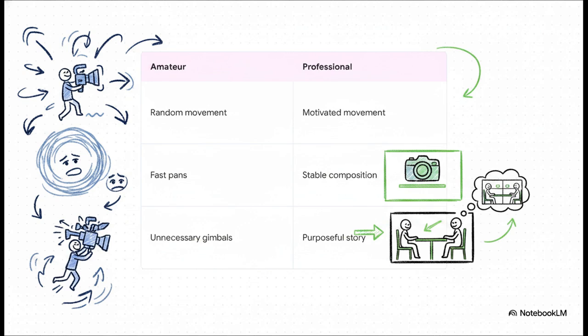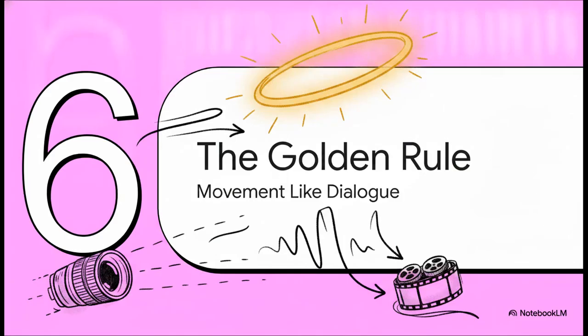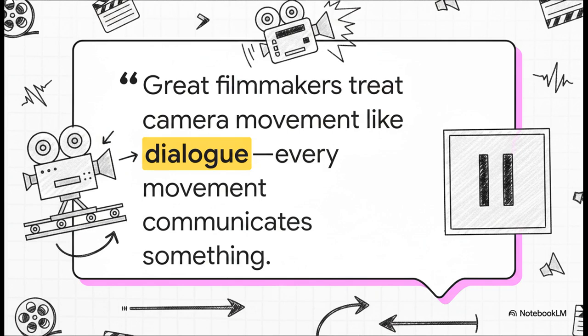Professionals, on the other hand, they use motivated movement. If that camera moves, it's because a story beat forced it to move. They rely on stable composition, they prioritize purposeful storytelling way above playing with flashy new toys. And honestly, that is what creates actual professional cinematography. And that leads perfectly into section 6, the golden rule. Treat movement like dialogue. As we start to wrap things up today, I really want to leave you with a